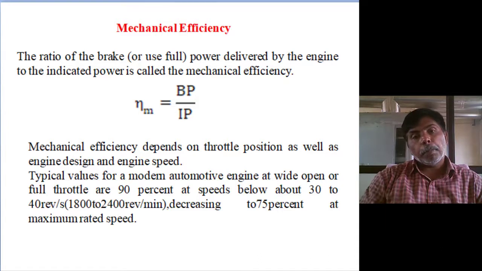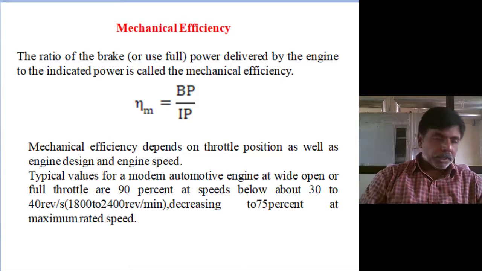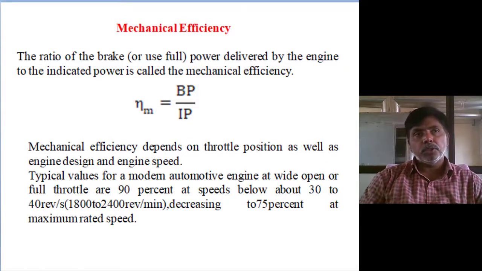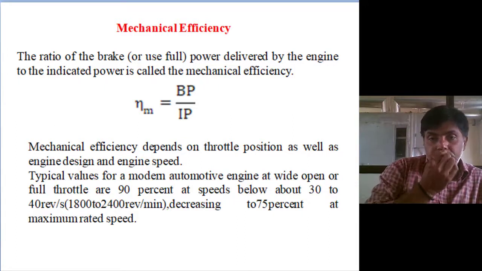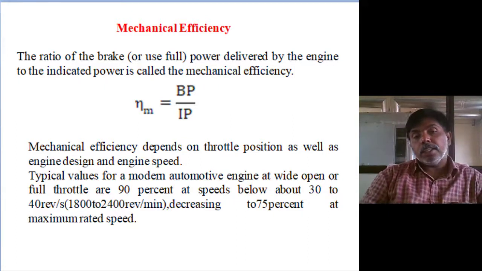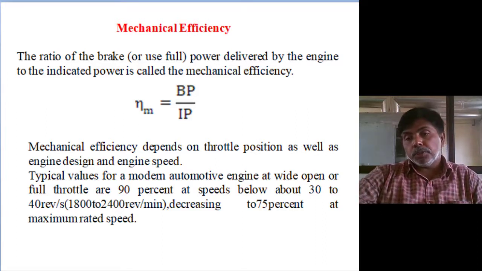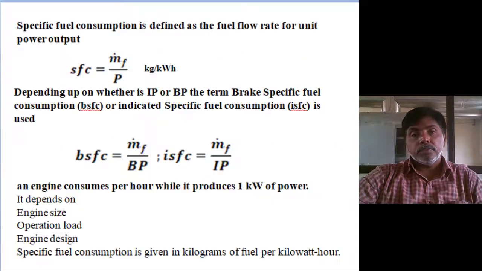And next, if less than 50 percentage, we can condemn the engine. We are not using that engine. Because out of available heat energy, not chemical energy. From the chemical to mechanical, maximum 30%, 25 to 30% only. But heat to mechanical, if the efficiency is less than 50, we can discard the engine. We are not using it for running purpose. For demonstration purpose only we can use it in our labs.